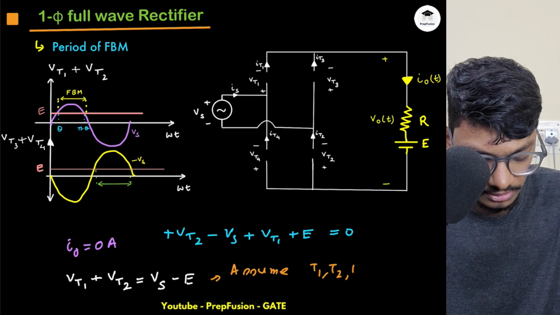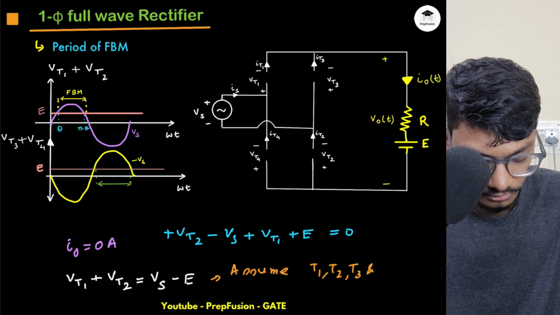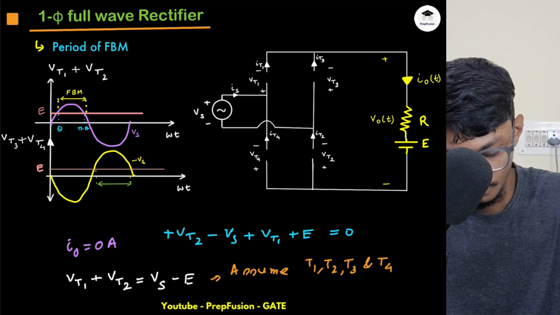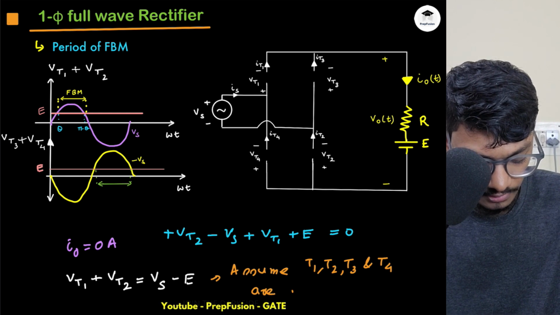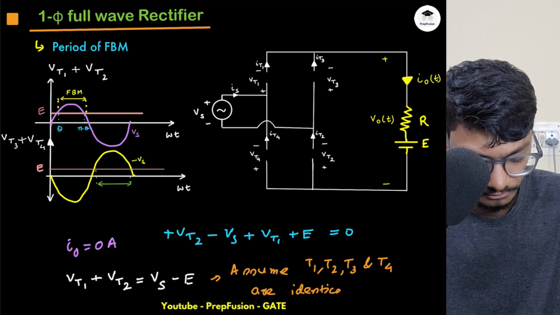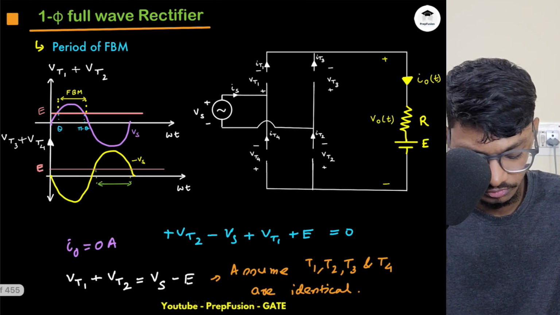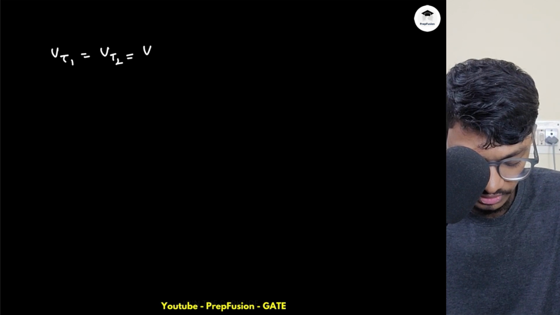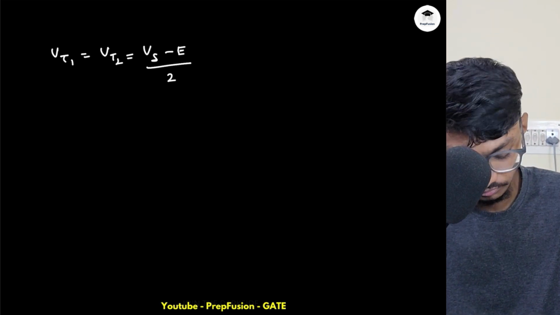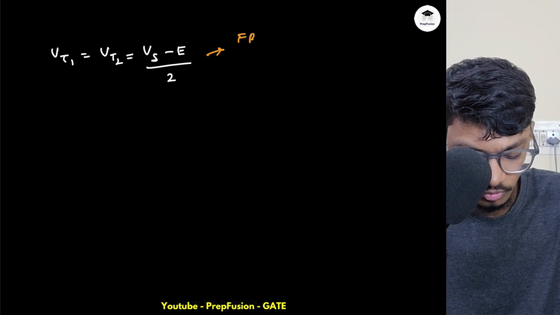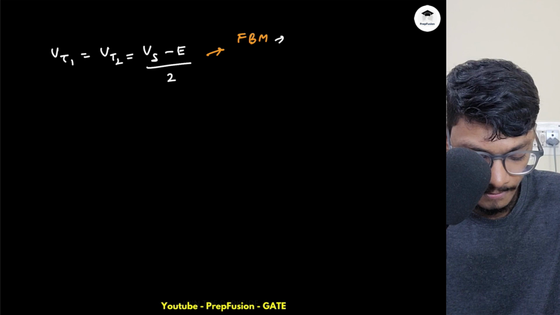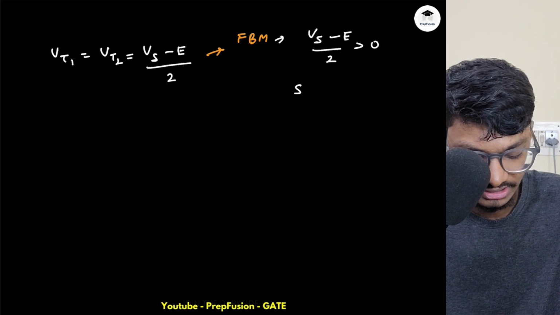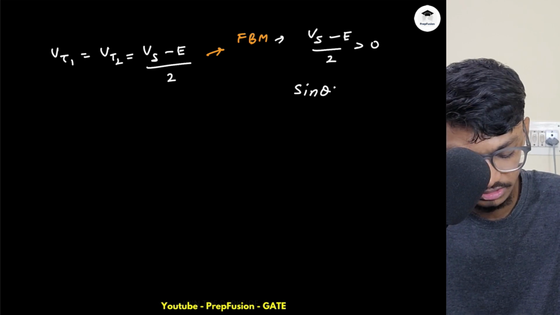Okay, due to that reason, assume T1, T2, T3 and T4 are identical. If I assume that, then I can say that VT1 equals VT2 equals Vs minus E divided by 2. Now when will this be in the forward blocking mode? This will be in the forward blocking mode when Vs minus E divided by 2 is greater than 0. So when is that the case? That is basically, not sine theta actually, theta